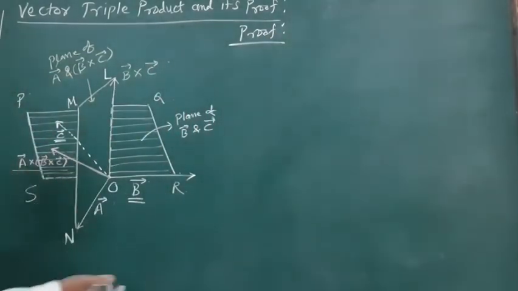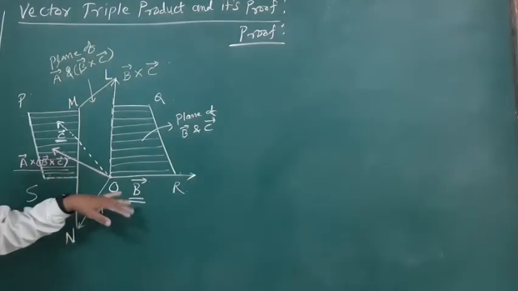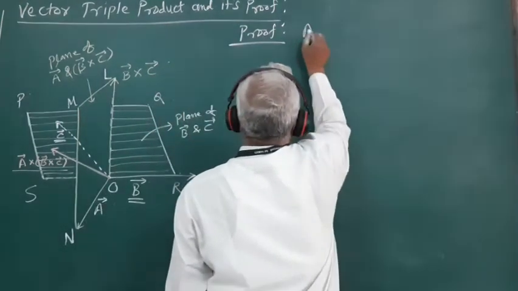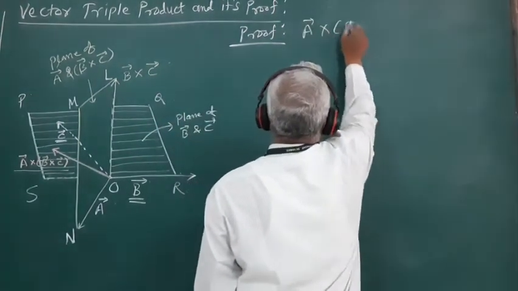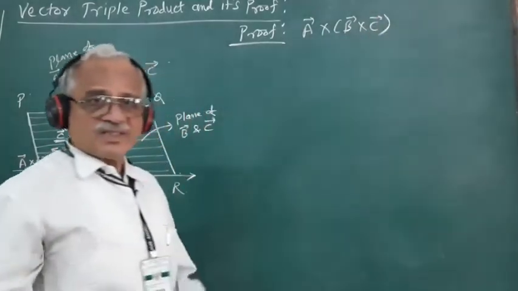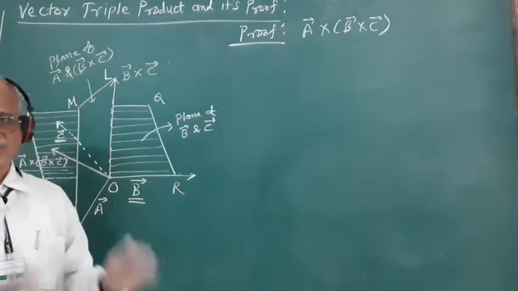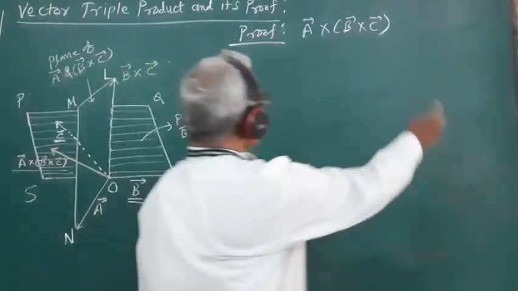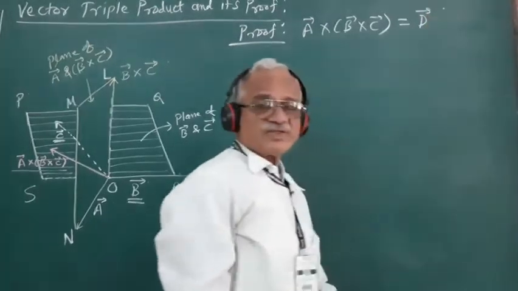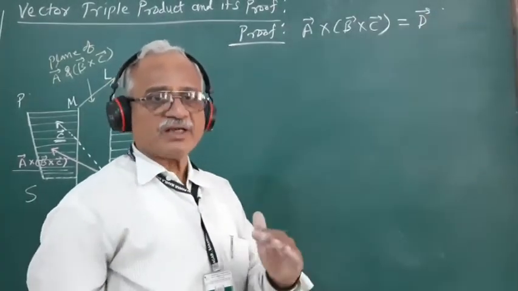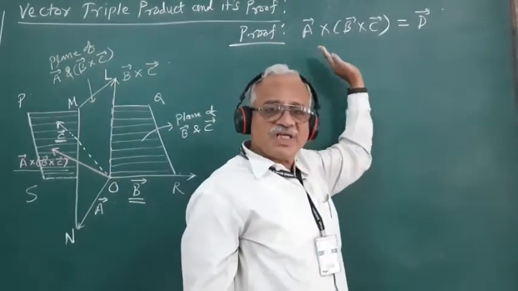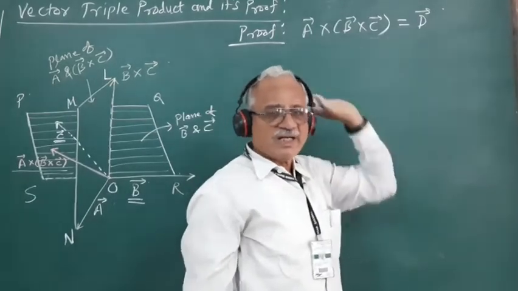So here, what we observe is that the vector triple product of the three vectors A bar cross B bar cross C bar, since it is a vector, let us represent this vector by another vector, say D bar. Say D bar represents the vector triple product of the three given vectors A bar, B bar and C bar